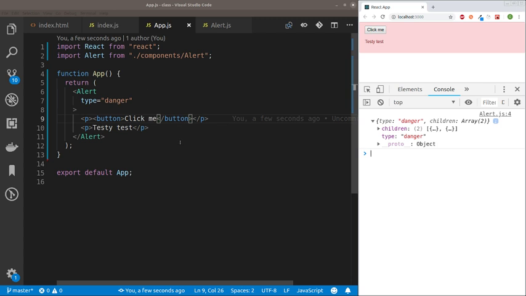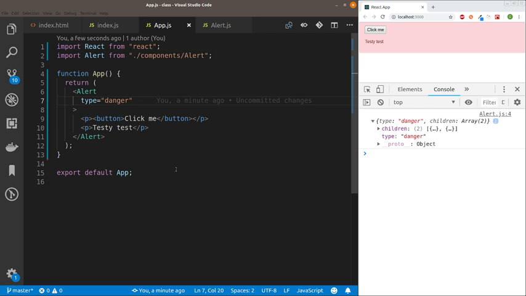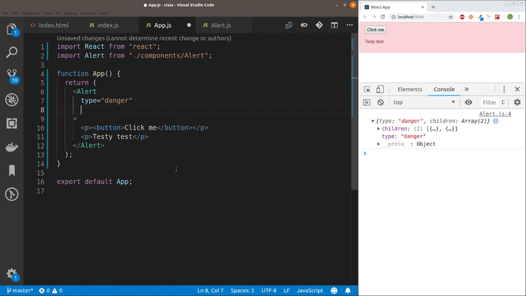If you wanted to go further down the chain, you'd have to manually do it, and it could get real messy, and you'll probably make a mistake. Now, is this alert component somehow bound to having this type as a prop? No. We don't have anything in here right now. There are things that do that, but we don't have anything in here right now saying we're limited to only the type prop. We could give it